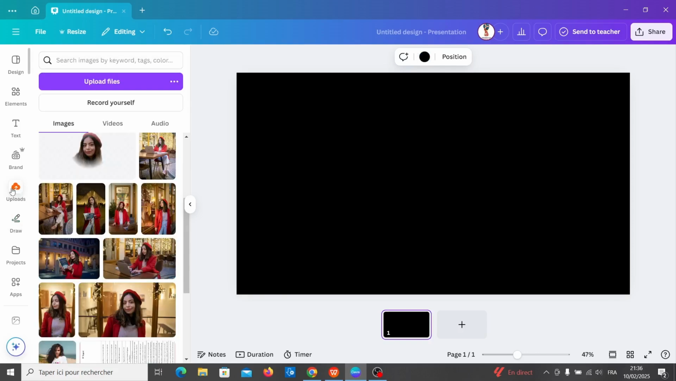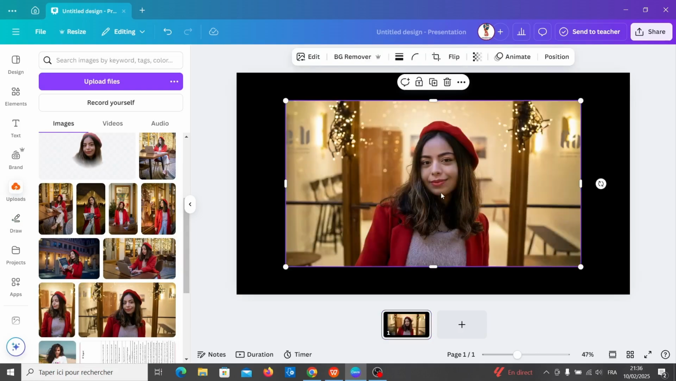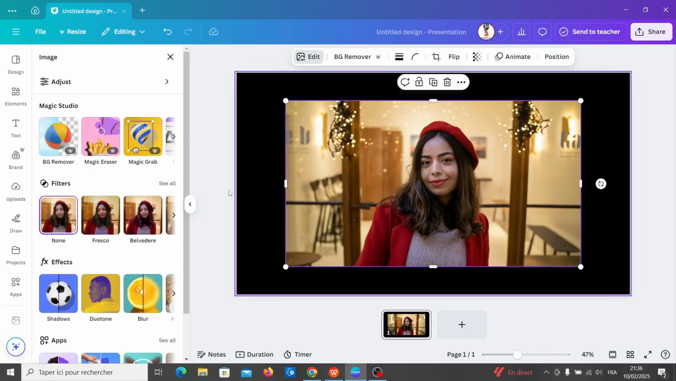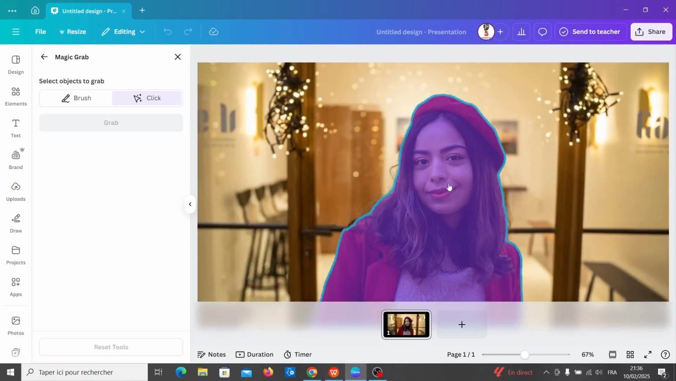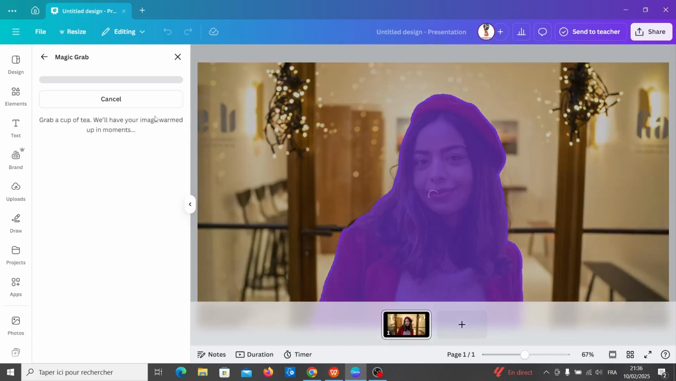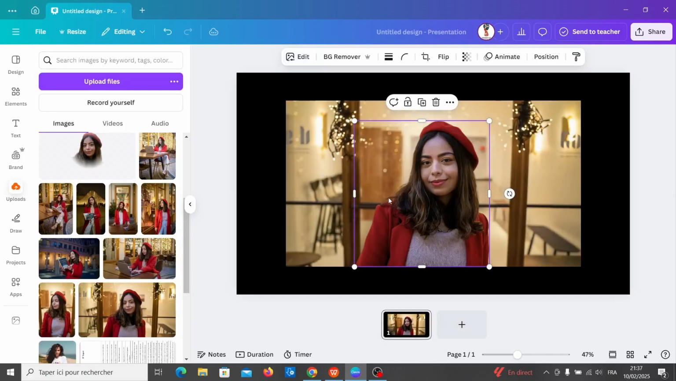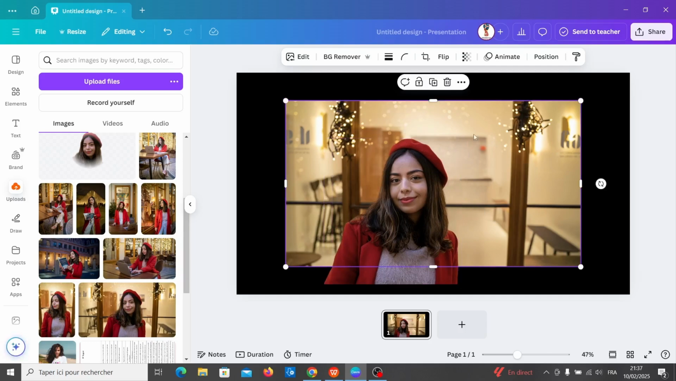and go to uploads, insert your photo one by one and go to edit, select magic grab. I will grab this character and remove this background,